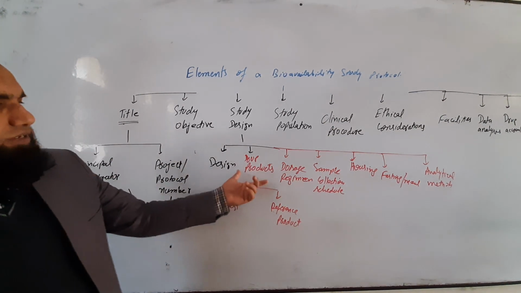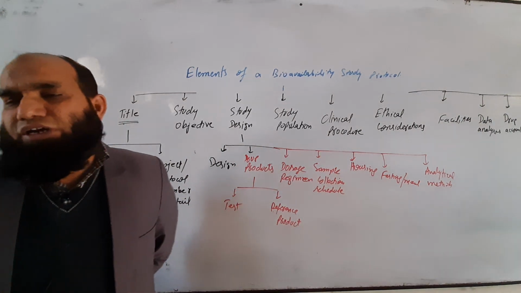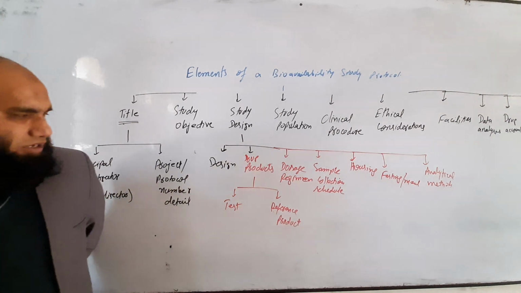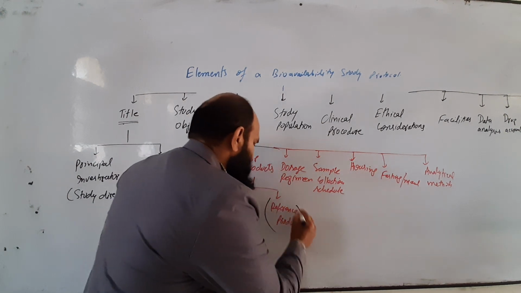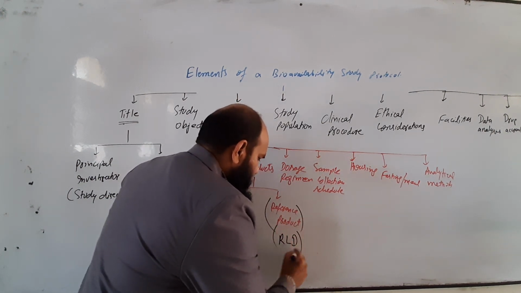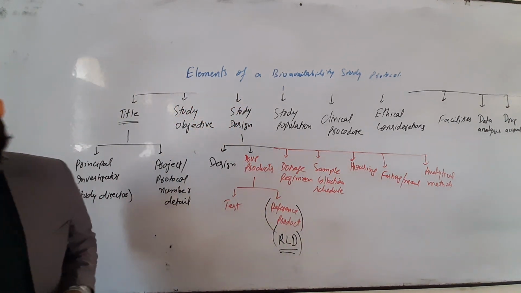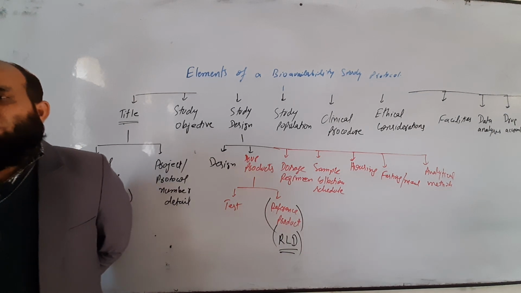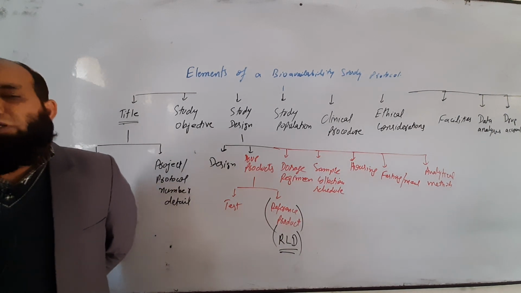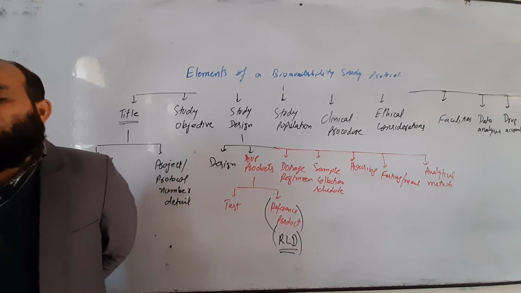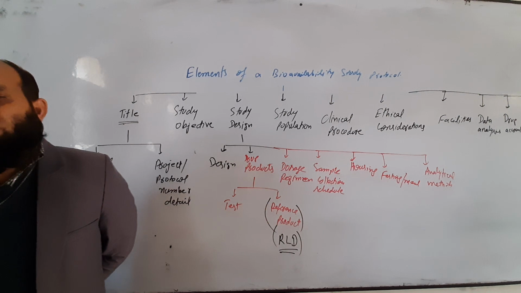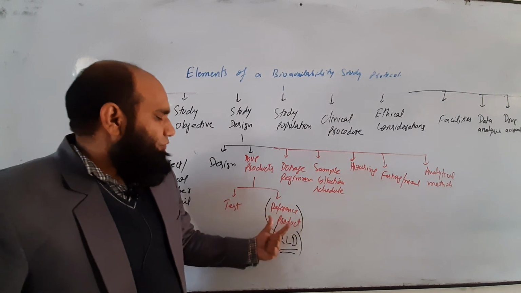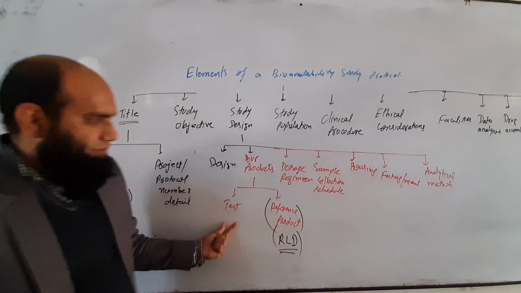And second one is drug products. We should have two different types of drug products, two or more than two. One is our reference, and the reference product should be from the RLD, reference listed drug, or the dosage form, those brands which basically claim they are the market leader, and they have their own research on the particular drug molecule. These products, these brands or these dosage forms would be considered as reference products. We will compare this reference product with the test.